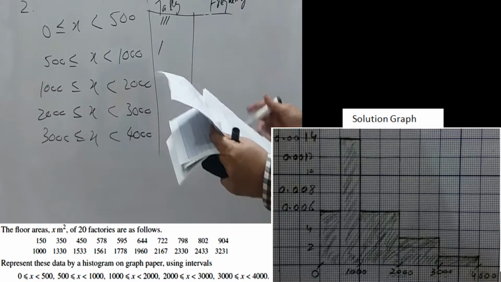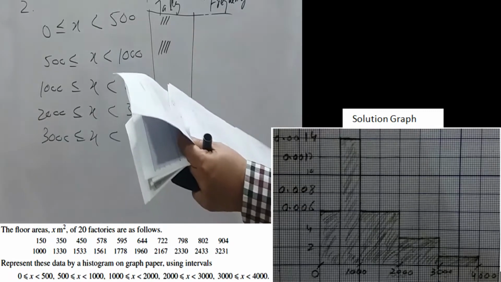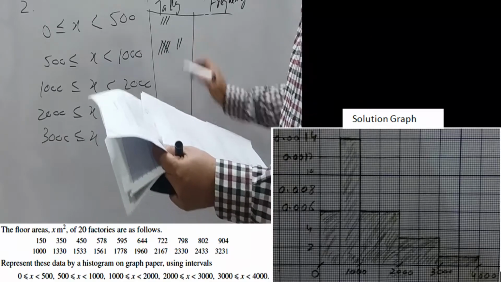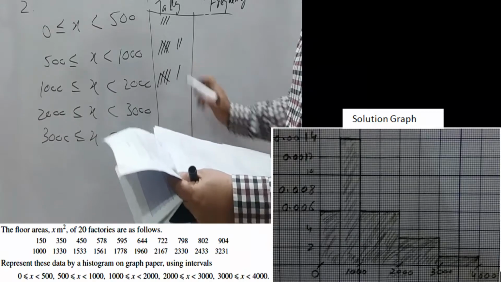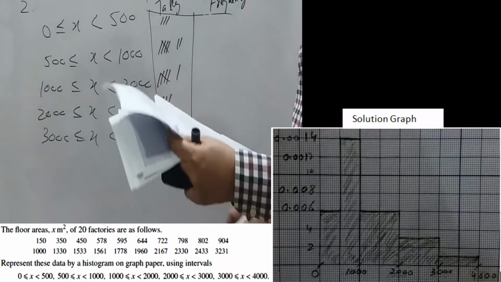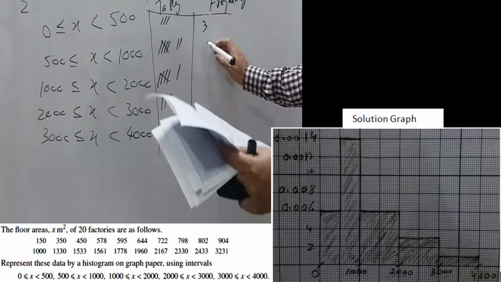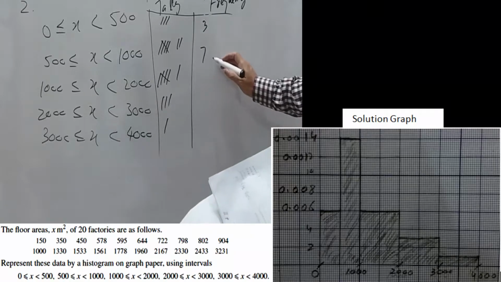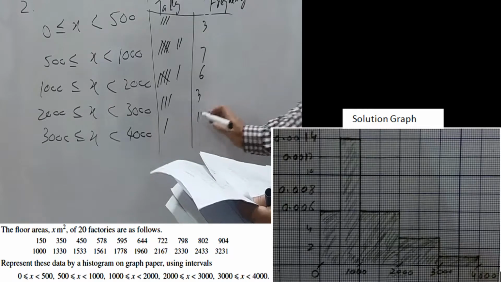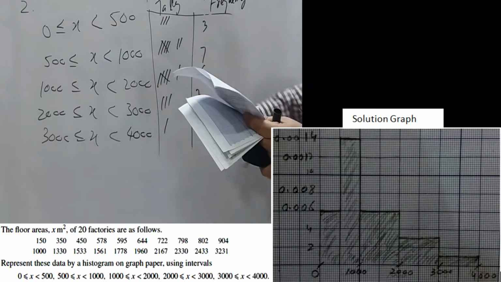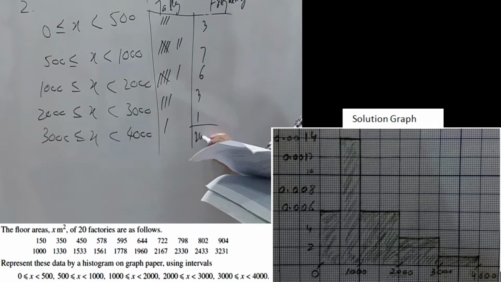Now I have done this for you, just check it. Now you have 4 values, then 2 values, then you have again 5 values, and you will see there is 1 value more. And here you have 3 values, and here you have one value. So the frequency is, here you have 3, then you have 7, then you have 6, and you have 3 and 1. And you can check that the total will be 20.